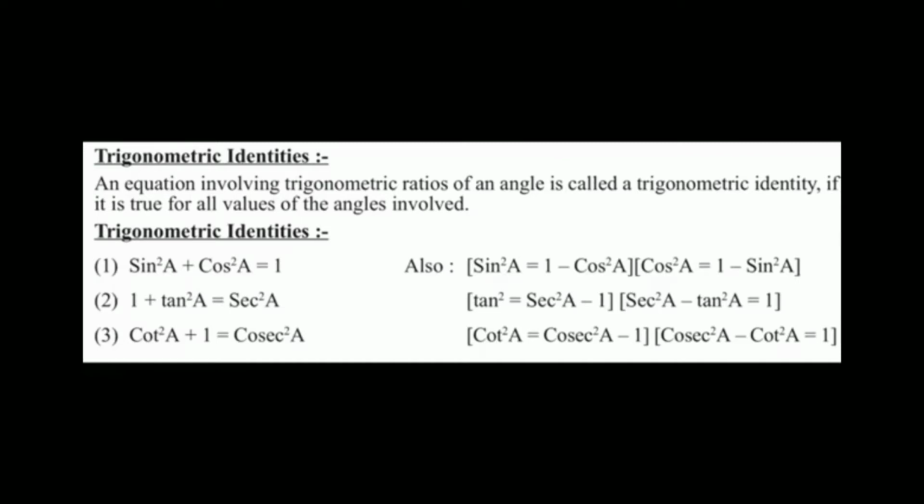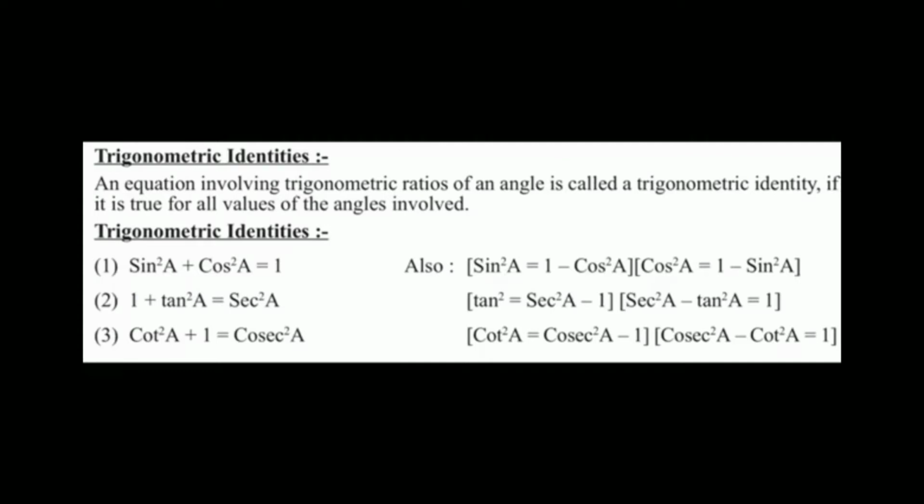In our previous video we learnt about complementary angles and tried to solve the sums based on complementary angles. And in today's video we will learn about the trigonometric identities. Now what are trigonometric identities? These are the equation form of the t ratios that we learnt in the previous videos. The trigonometric ratios are written in the form of algebraic equations.